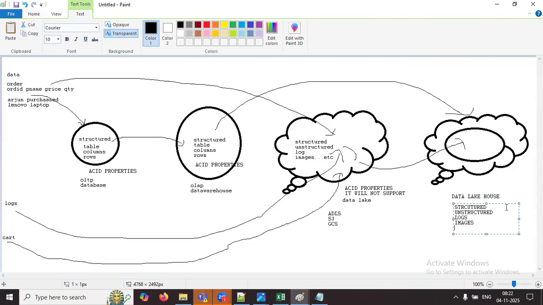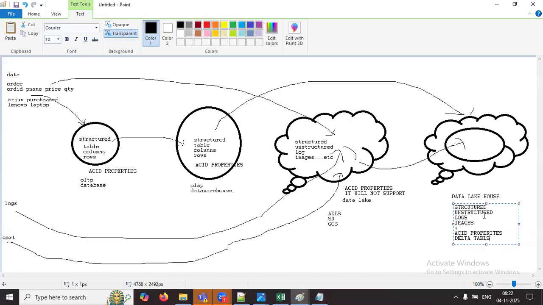Plus, it will support ACID properties. That is where delta tables came into the picture. If you know PySpark, the delta tables will support which one?